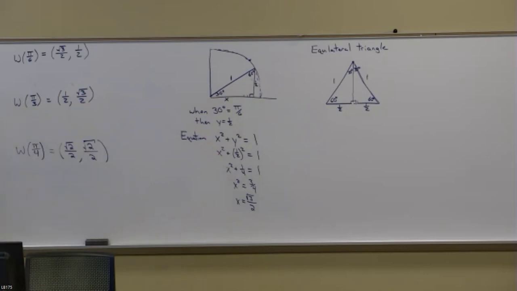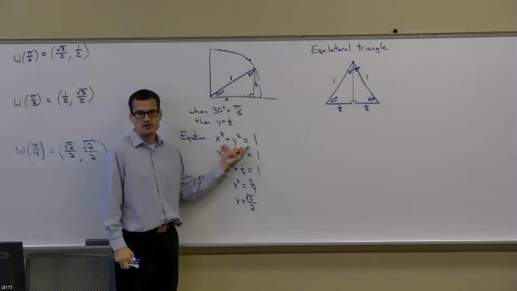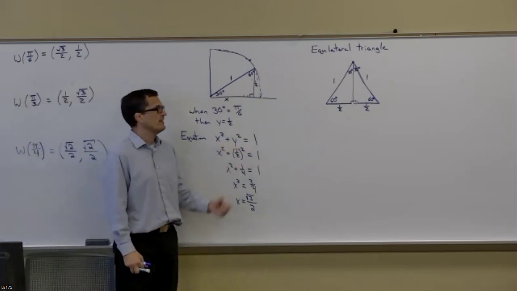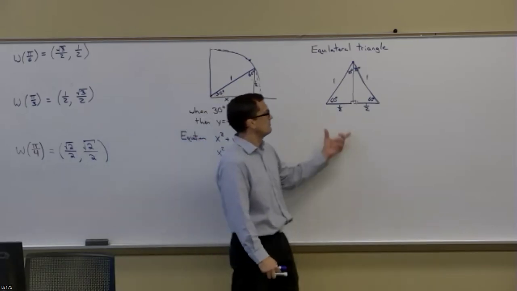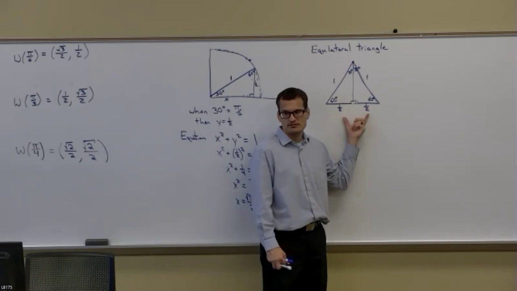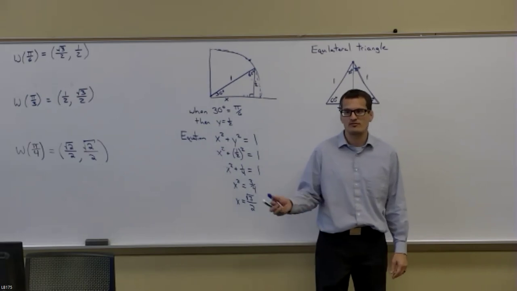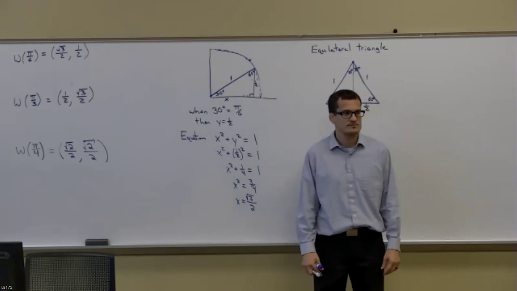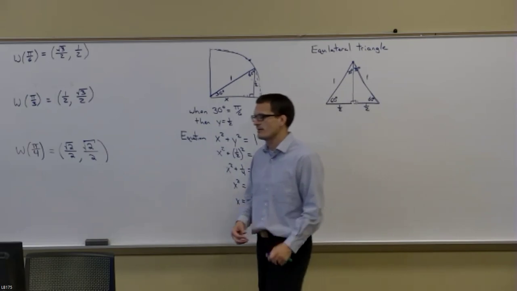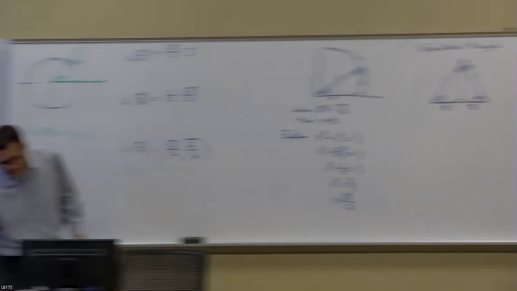So these things can be established just by the Pythagorean theorem on the unit circle, and then some knowledge of how we can split up equilateral triangles, some knowledge of how the isosceles triangle with 45, 45, 90 works. And once we've established that,